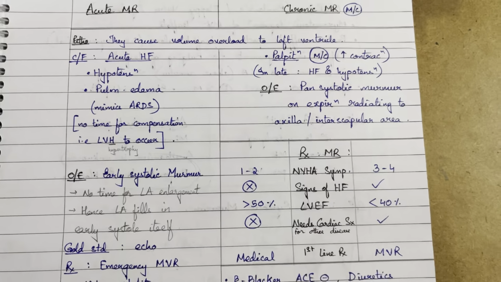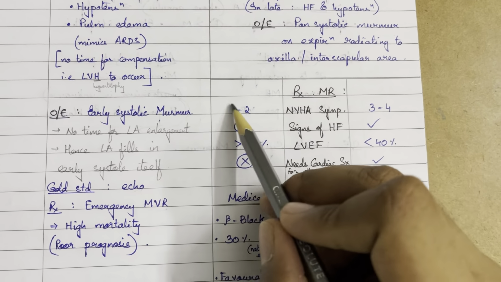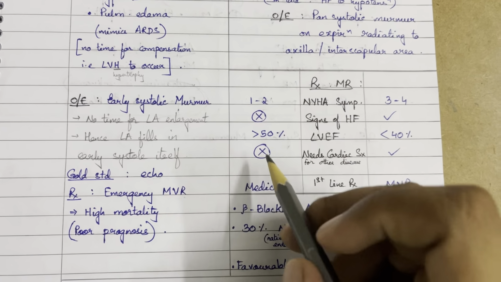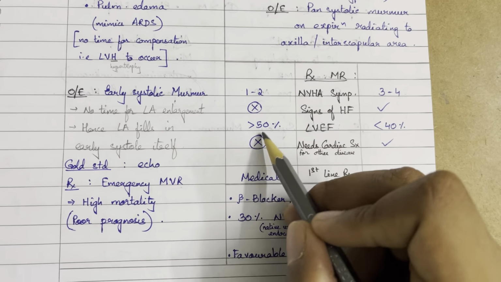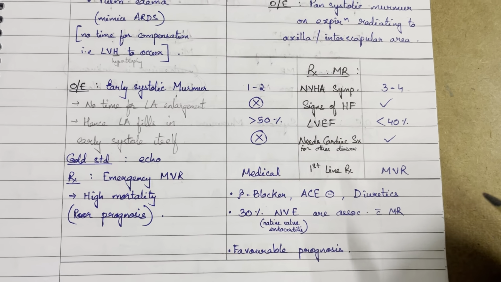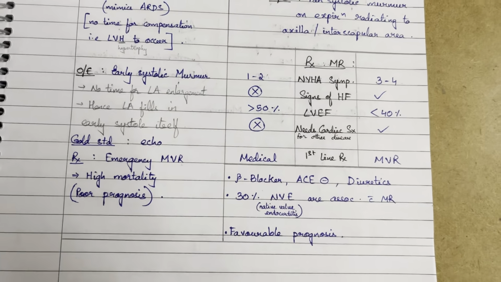Okay, palpitations in MR. So again, treatment is based on NYHA symptoms. So 1 to 2, NYHA 3, 4. Okay, no signs of heart failure, greater than 50% left ventricular ejection fraction, no need of cardiac surgery, so medical treatment: beta blockers, ACE inhibitors, and diuretics. Okay, and again, on the other hand, you have to do mitral valve replacement surgery. So again, if you look at the book,